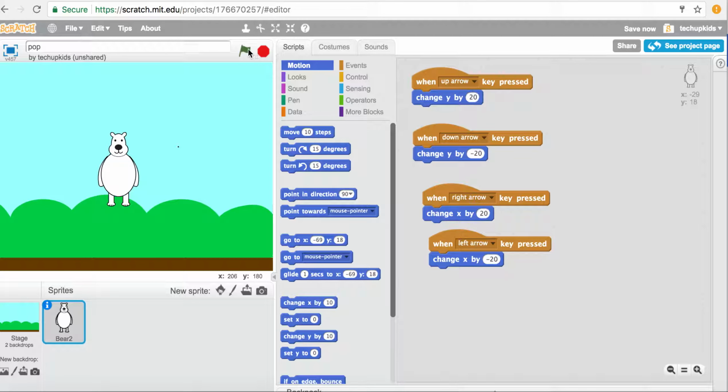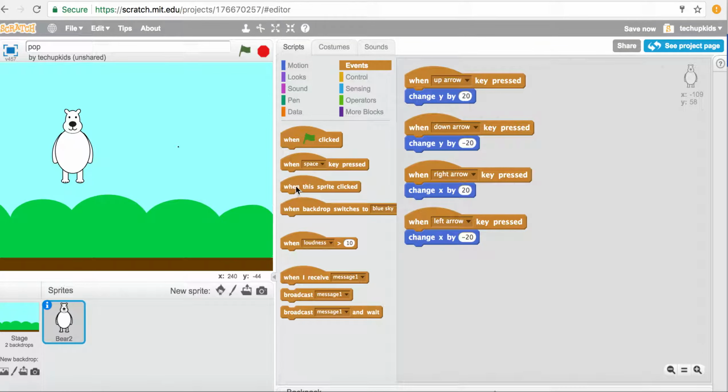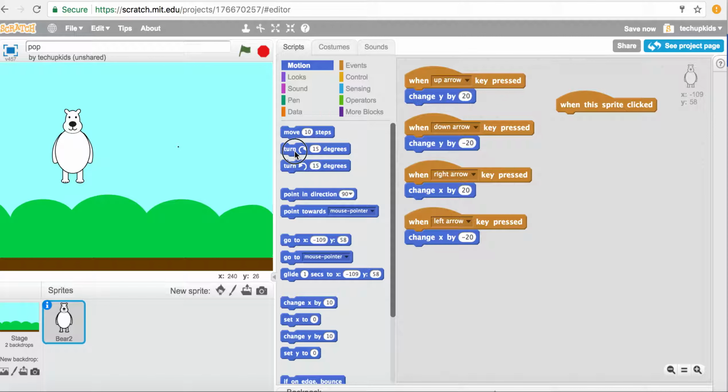So far so good. Let's test it quickly. Up, right, bear is happy. Let's also do one more thing to the bear. Clean up first and say when the sprite clicked, I want to rotate it, so I'm going to turn it. Okay, so if we want to turn something in a full circle, the total degrees would be 360. So I can put 360, and let's see our bear goes in